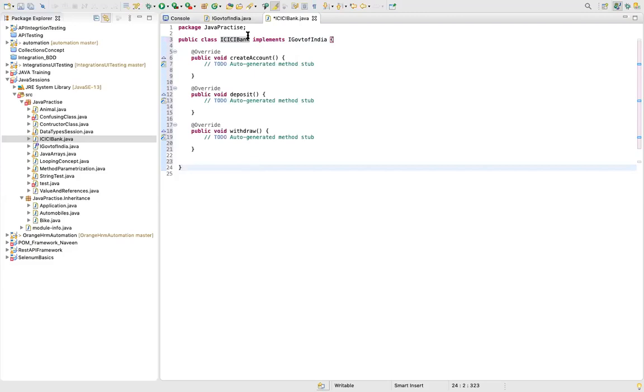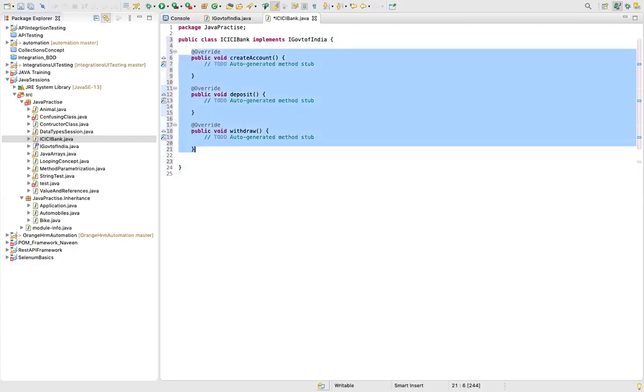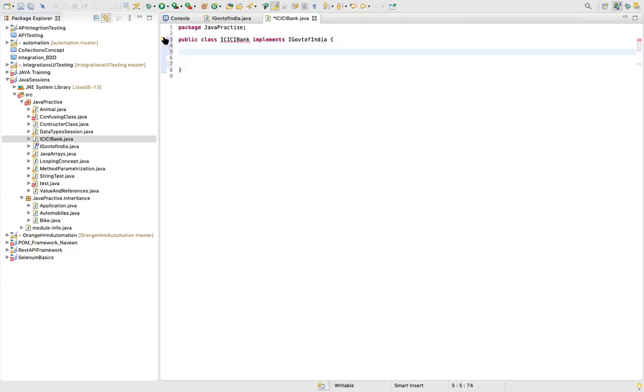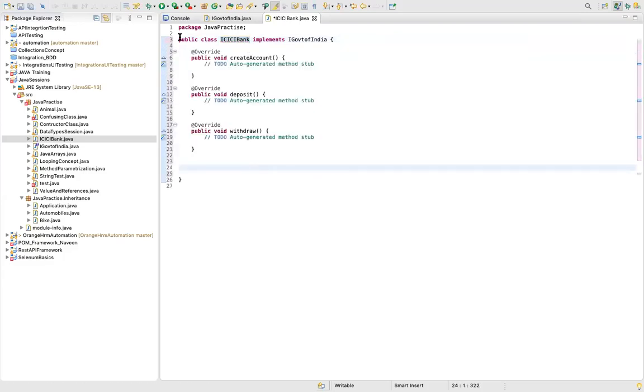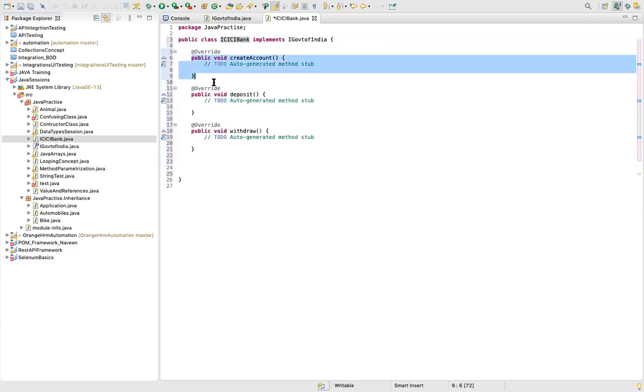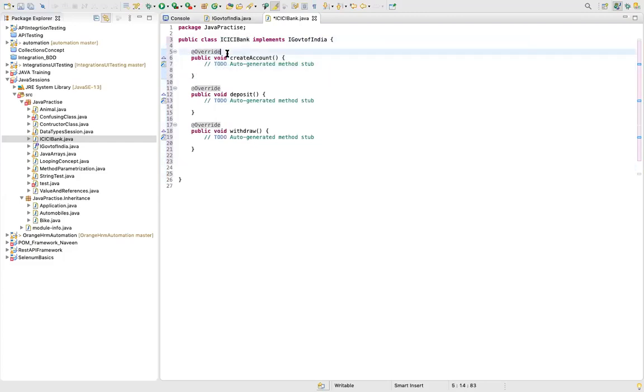Guys, you just click on this particular error. This @override we don't need, but it gives it by default. Just click on this particular method. It says add unimplemented method. Even if you don't get this, you can simply write this statement and it will work. I explained yesterday or the day before what the meaning of override is.